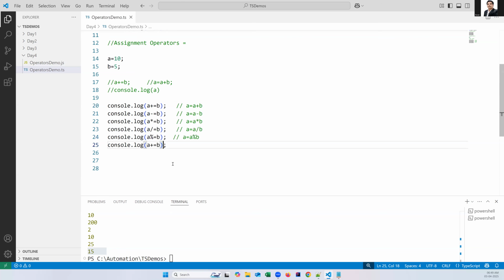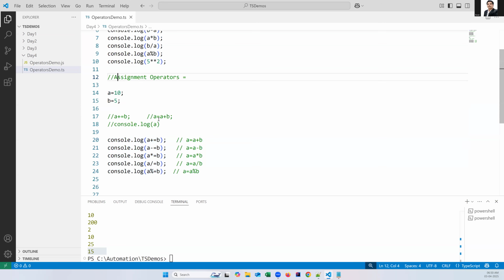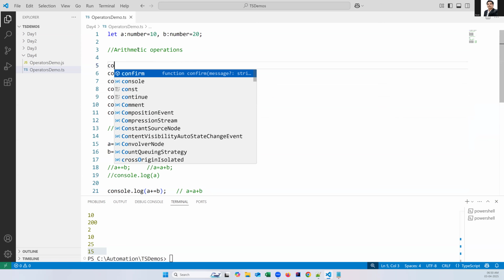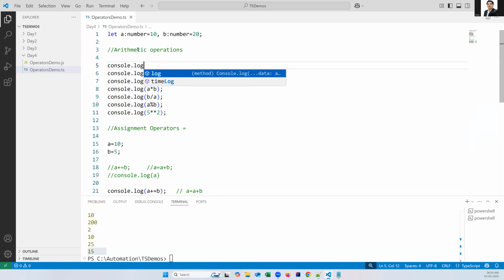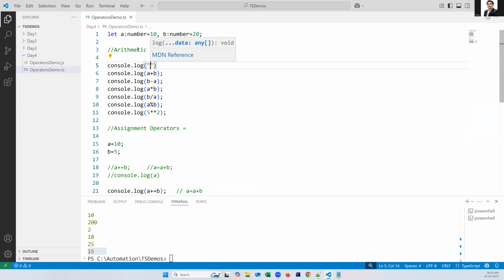We don't have an exponential one here because this is just operator assignment. So these are all shorthand operators, and they all come under assignment also. What we are doing here is, instead of writing the complete expression, we just use shortcuts: +=, -=, *=, /=, and modulo division %=. So these are the assignment operators. Let me write a simple statement to differentiate them. Console.log,